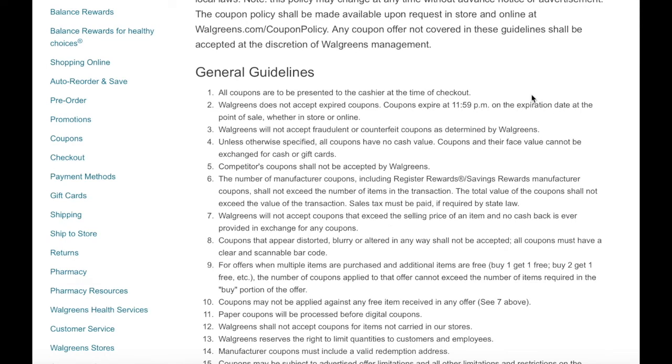So we have the general guidelines. All coupons are to be presented at the time of checkout. Walgreens does not accept expired coupons. Walgreens does not accept fraudulent or counterfeit coupons as determined by Walgreens. Unless otherwise specified, all coupons have no cash value. Coupons and their face value cannot be exchanged for cash or gift cards. They do not accept competitors' coupons. The number of manufacturer coupons, including register rewards, savings rewards, manufacturer coupons, shall not exceed the number of items in